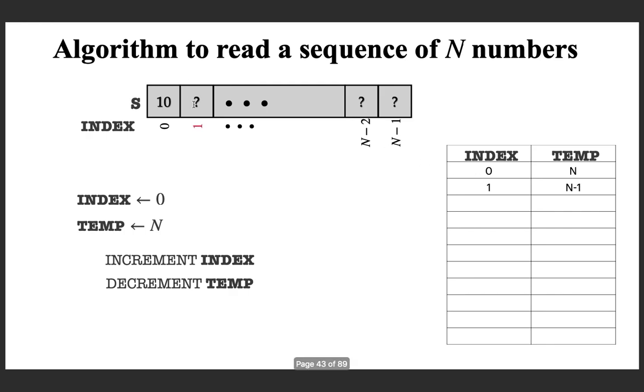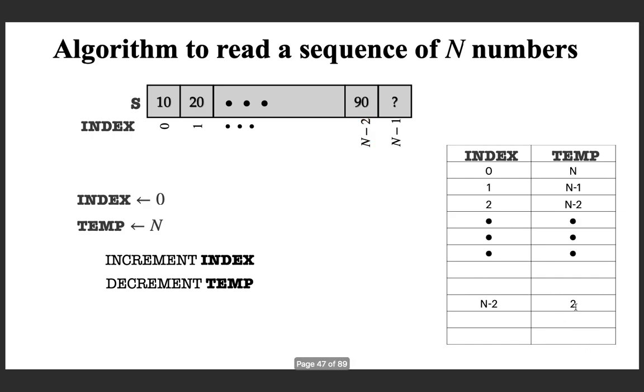And now the index is pointing to the next position. You read the next number, and after that you do these two operations, increment index and decrement temp, and you do it repeatedly, and finally you will get into this situation where the index is now n minus 2 and the remaining number of numbers to be read is 2.